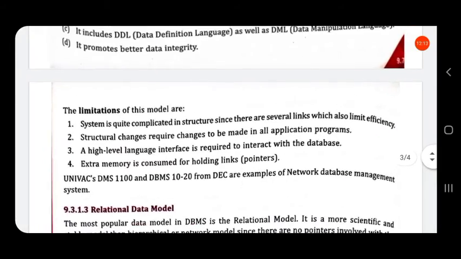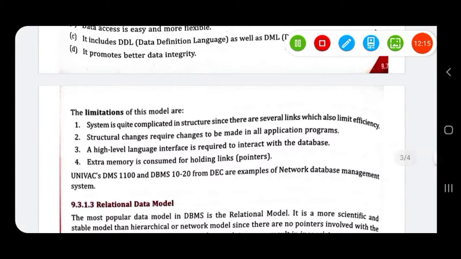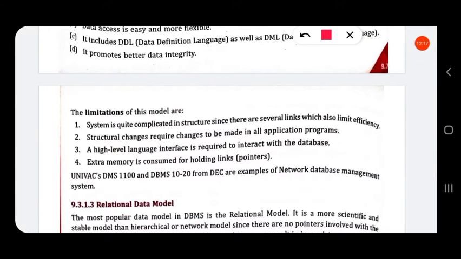Next, what are the limitations of the network data model? The system is quite complicated in structure since there are several links, which also limit efficiency. Structural changes require changes to be made in all application programs.